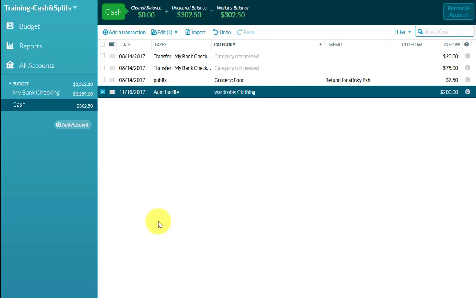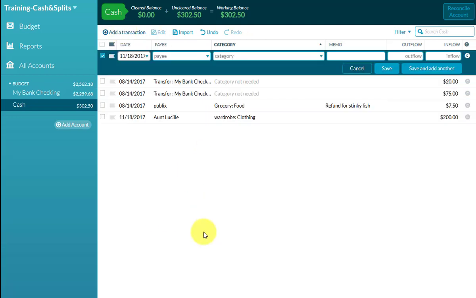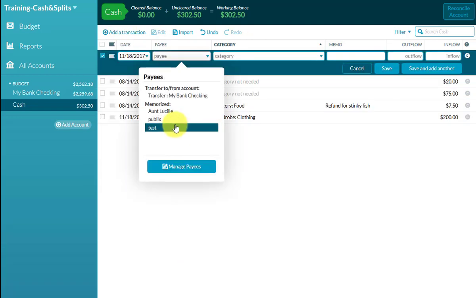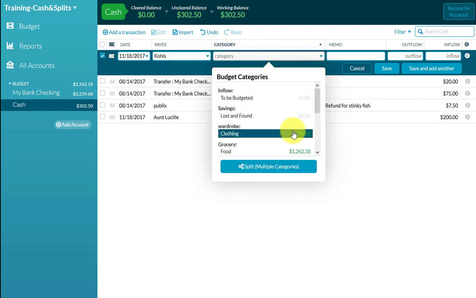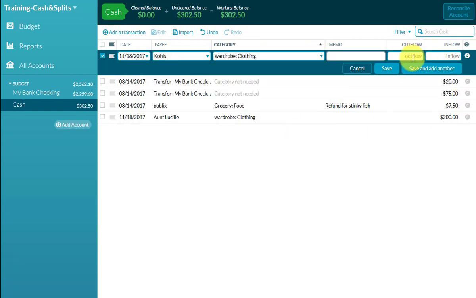Well, since I used cash, I'm just going to make a transaction in this cash account. So let's go ahead and do it. Add the transaction. We'll just keep today's date. The payee now is the clothing store Kohl's. The category I'm taking it from is clothing. And now it's an outflow because I'm spending it. And I spent